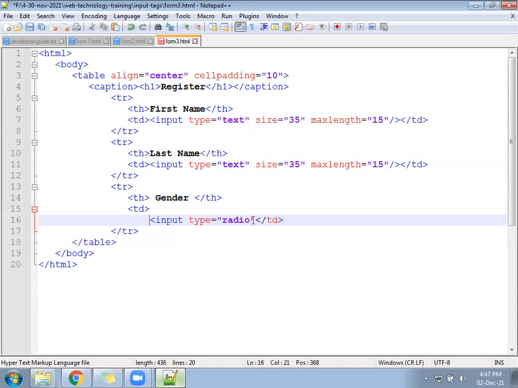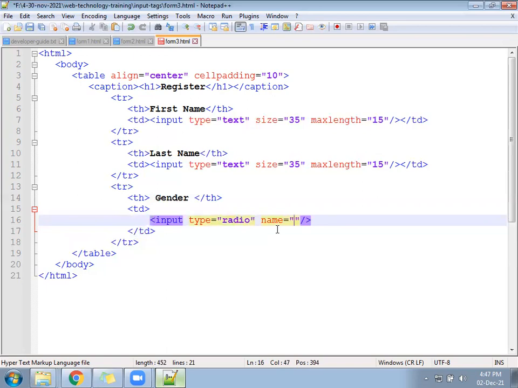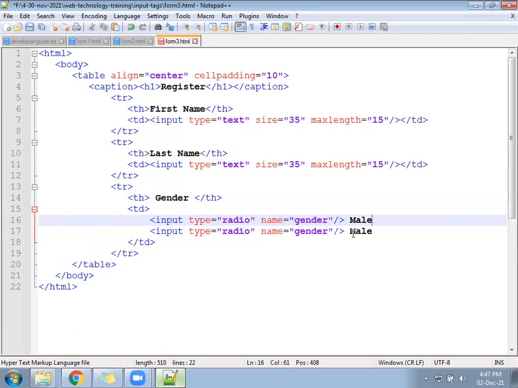In the radio, you have a property called name. Using the name property, we can limit. We have to give the common name, example, gender, male, female.